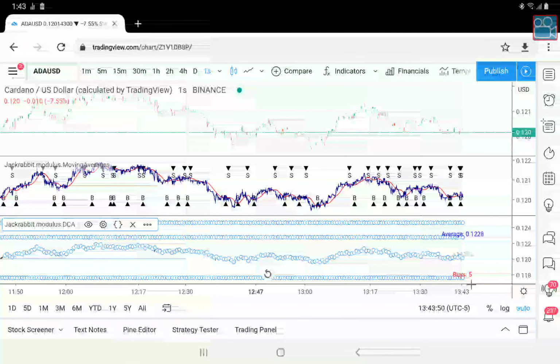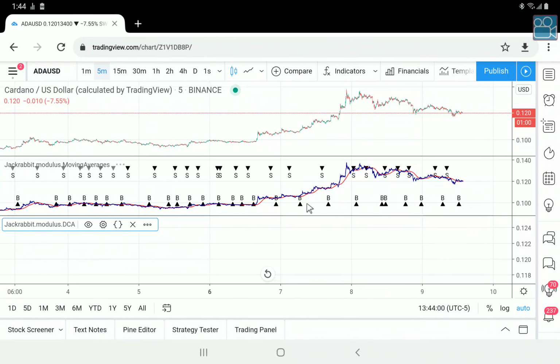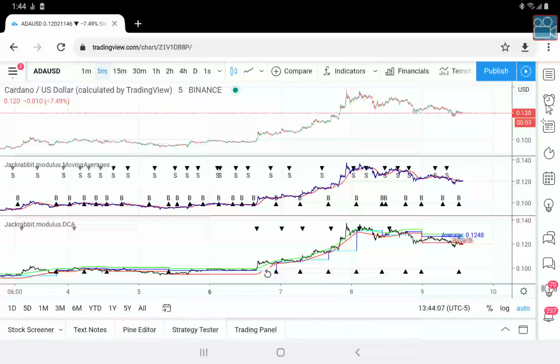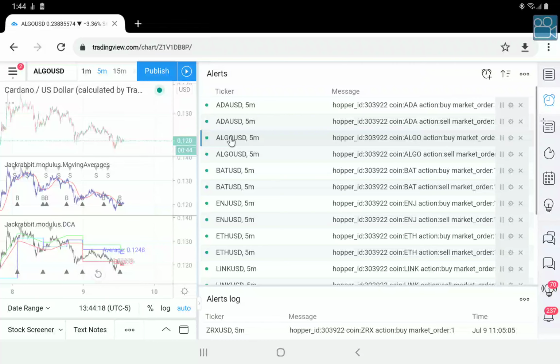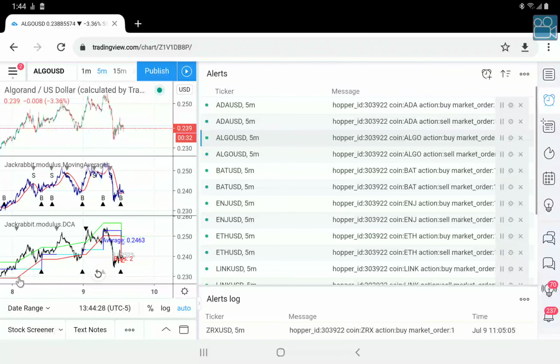Now this is at the 1 second. I personally would not trade ADA at 1 second, but I definitely would trade ADA at 5 minutes, and I do. I'm often asked, what coins do I trade? Well, right now, this is my coin list. ADA, Algo, as you can see, it's actually got some interesting selling points here. BAT, Engine, ETH, Link,